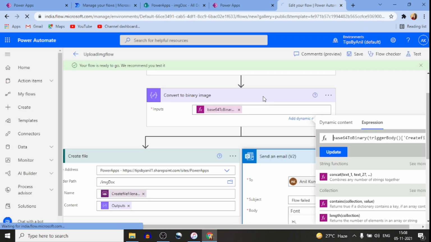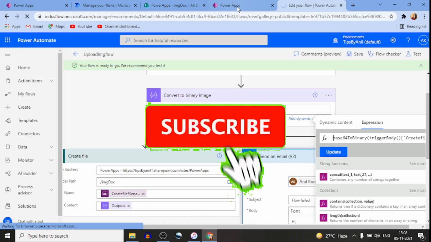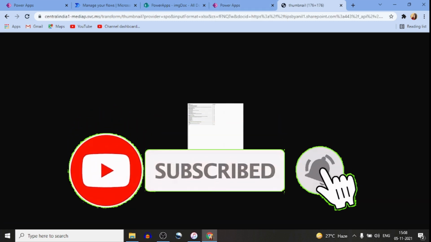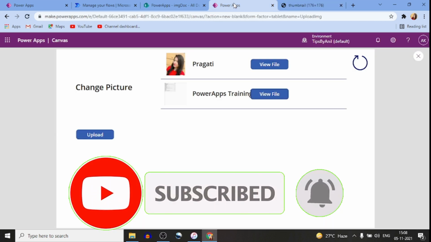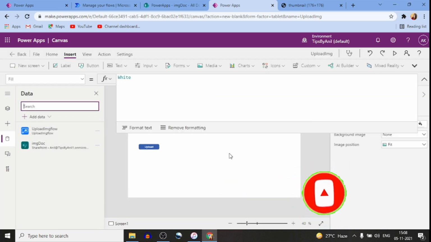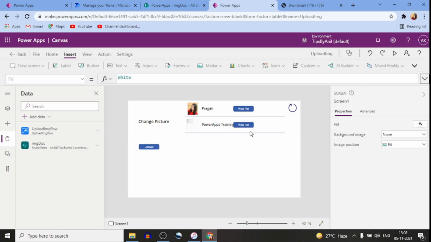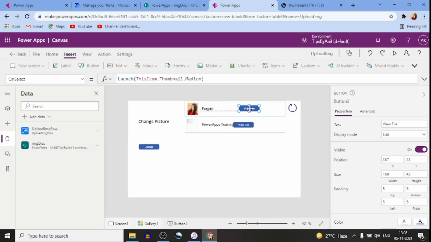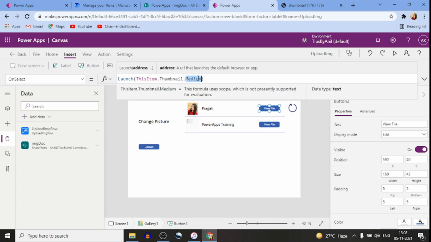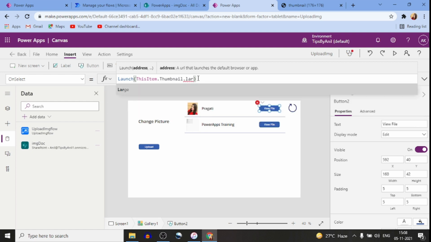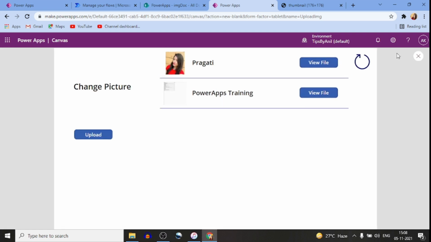Just click on view file, and here you can see your document. A few things we have to do: just drag this button to the right, and make this large.